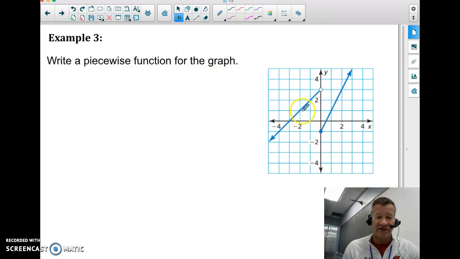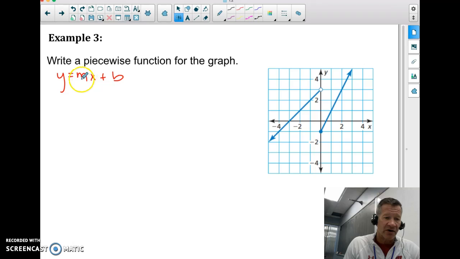So if you look at this graph here, we have a line that comes up and stops right here, and then another line that takes over from there and goes up forever. Now remember, these are linear functions which have the form y equals mx plus b, where m is the slope and b is the y-intercept. So let's take this first line,